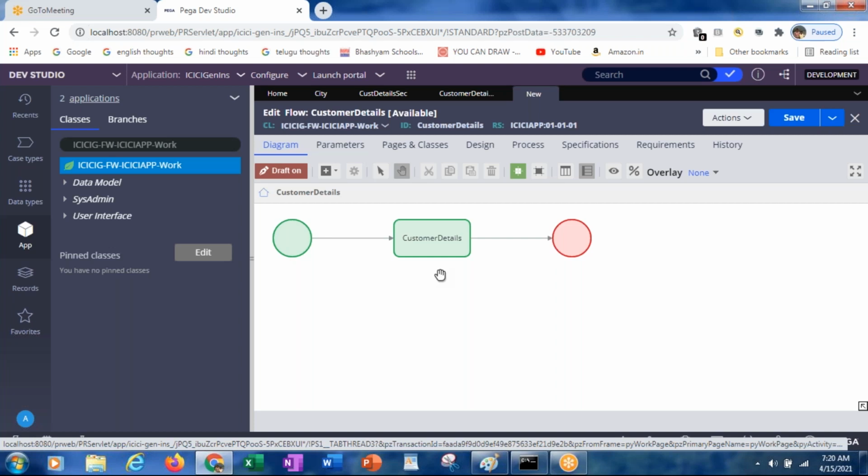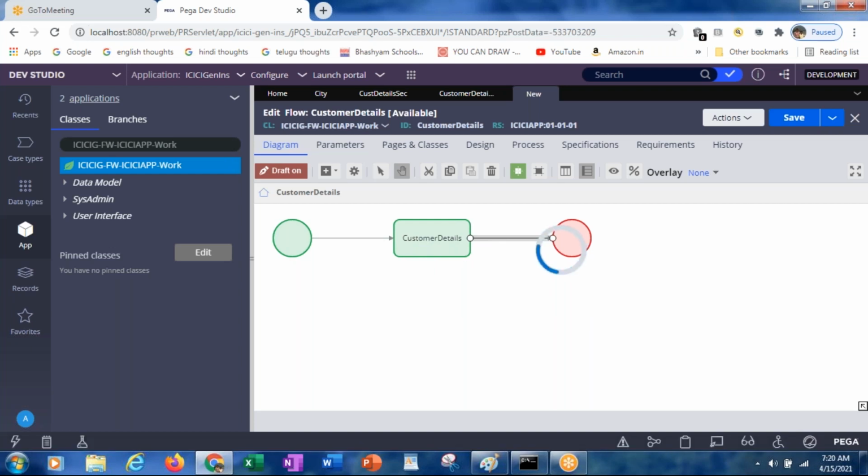Now what I want to do here, in between start and end, is enter the customer details first. If you want to enter the customer details, you need to place an assignment, and for the assignment you will have one connector. In this connector you have to select the flow action which you want to give. So how can you select the flow action? These arrows are called connectors here. When you select and double click on that particular arrow, it displays the properties of the connector.